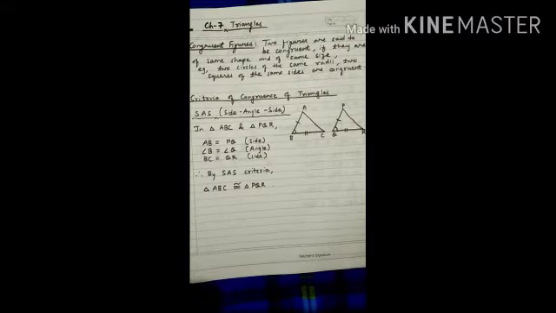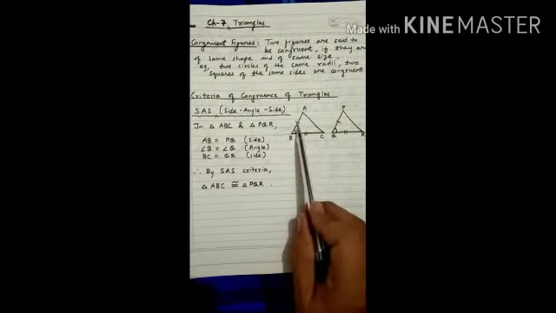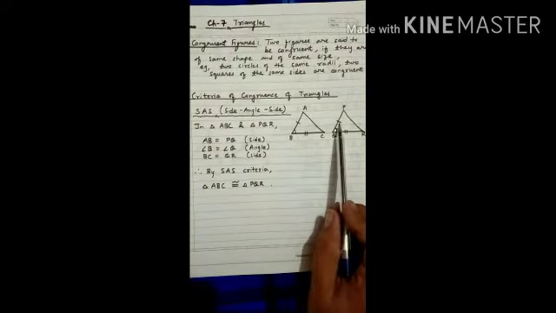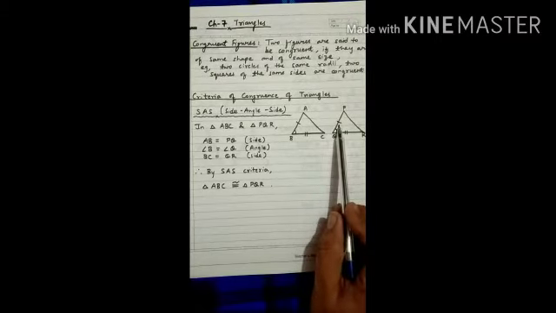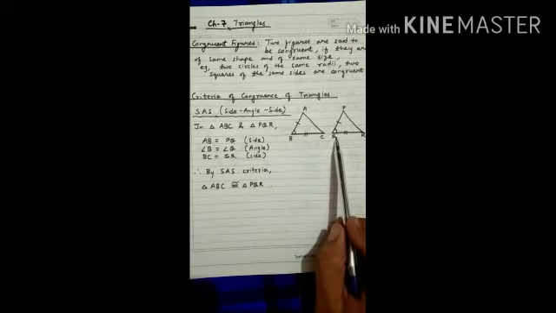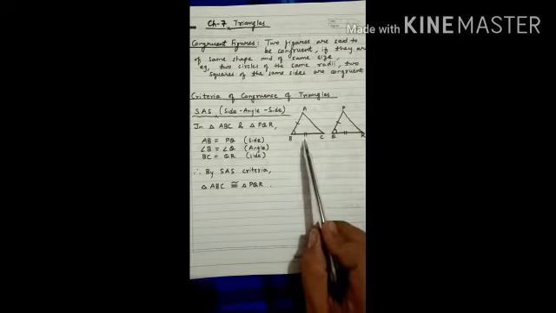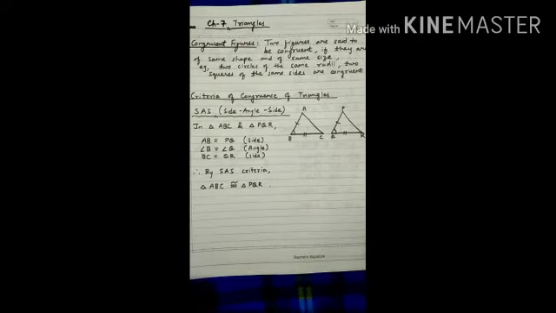You can see that two triangles are formed here, triangle ABC and triangle PQR. In these two triangles, this is a single mark and this is a single mark. It means side AB and side PQ are equal to each other. One mark at angle B and one mark at angle Q means angle B and angle Q are equal to each other. And BC and QR, these two sides are also equal to each other.